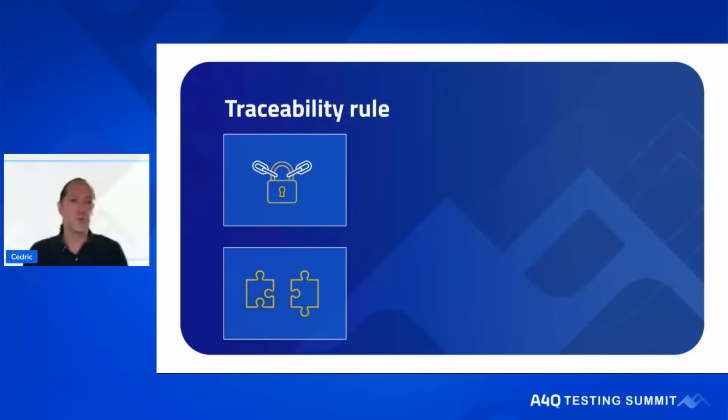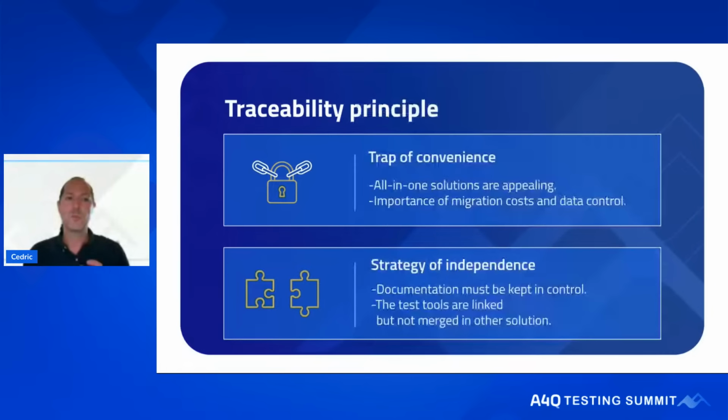We need the links. That is certainly the rule we need to keep. But the principle is just the links, not necessarily the whole thing. We can play a little bit with it. If you have a tool that is linked to the framework, let's imagine the company just decides to leave Jira. It happened, I lived it. Or migrate, it's so hard that everything we've made for testing within Jira was not compatible anymore. We need to migrate the whole thing.